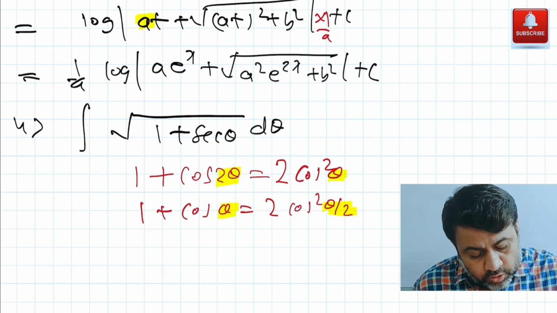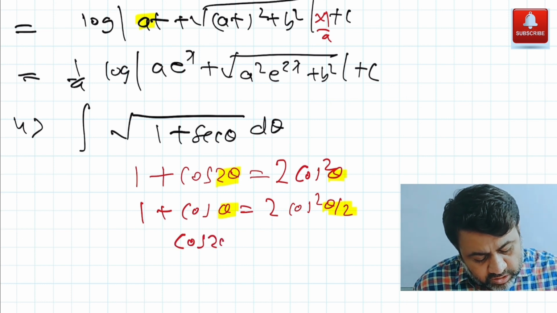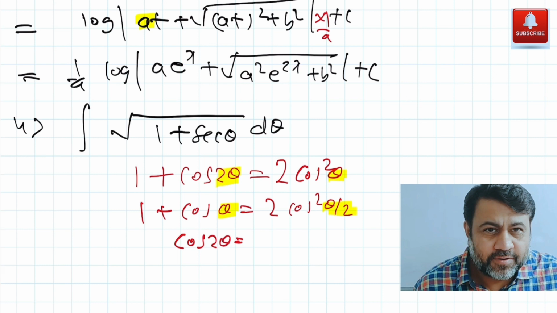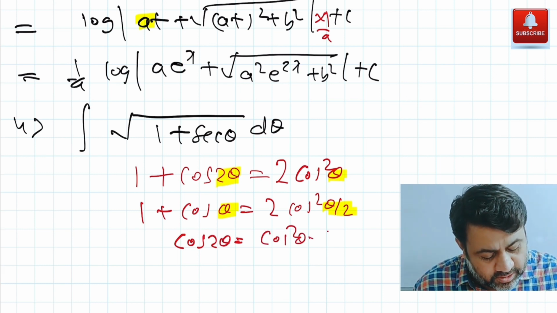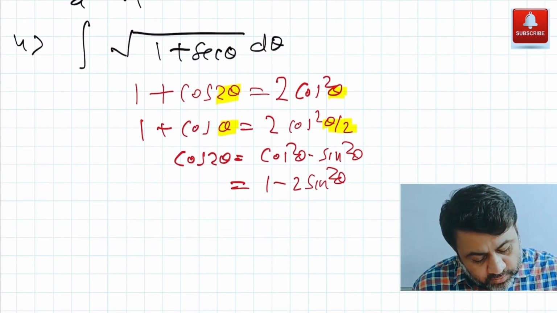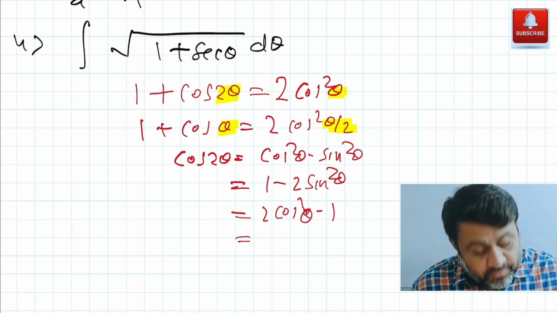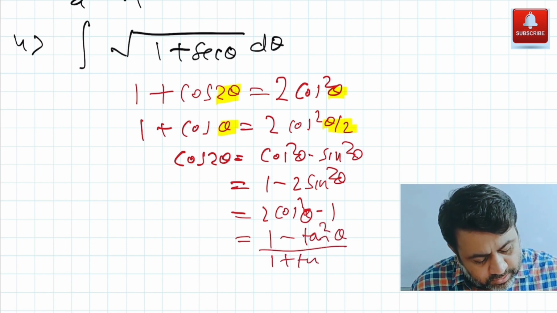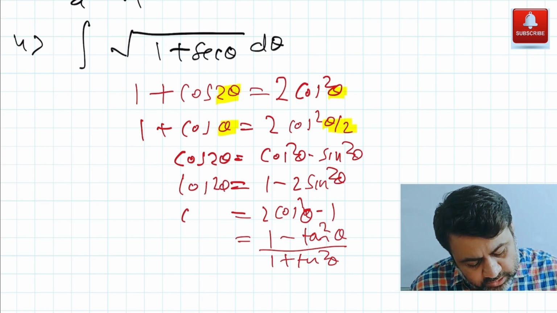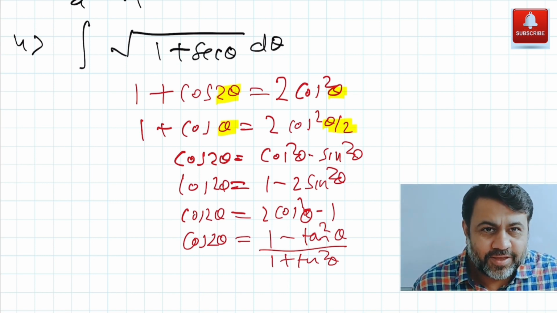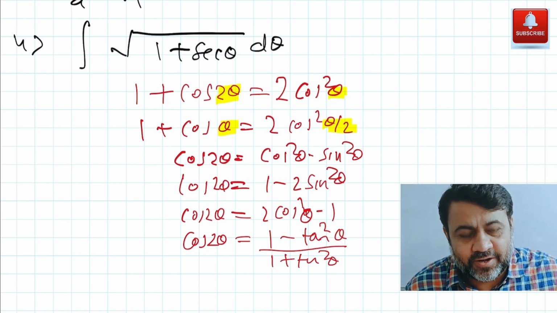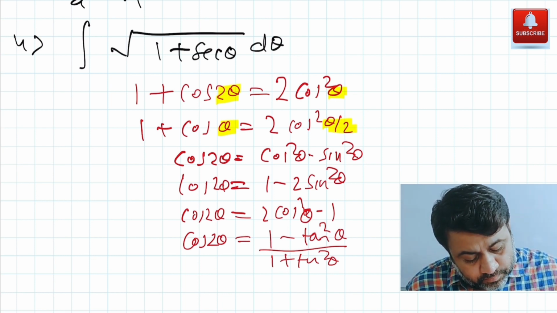Next, do you remember cos 2 theta? There are 4 formulas, right? The first one is cos square theta minus sin square theta. The next one is 1 minus 2 sin square theta. We also have 2 cos square theta minus 1, and we have one in terms of tan: 1 minus tan square theta over 1 plus tan square theta. So all these are formulas for cos 2 theta. So there are so many formulas for cos 2 theta. I am going to use one of these. Let's check while solving which one to use and why, that we'll discuss. So let's simplify this.